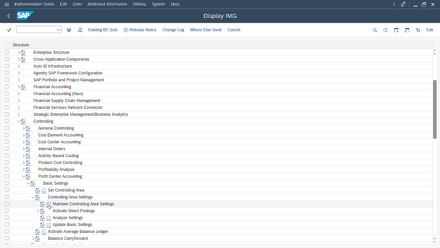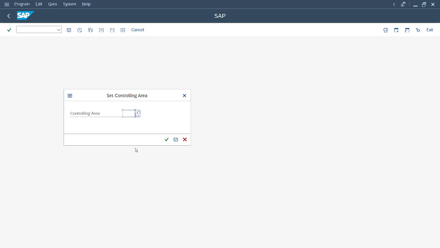Again, maintain controlling area. We'll give our controlling area. You can see here we have to fill in the controlling area, and in the second part it also mentioned the controlling area, and then we did the creation of the hierarchy. All the parts are in sequence.